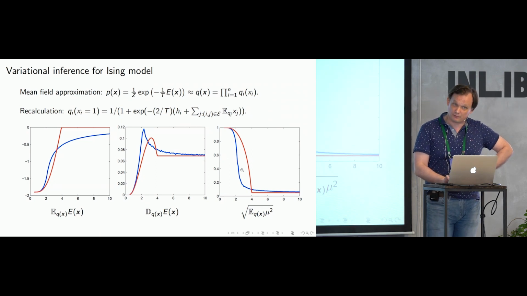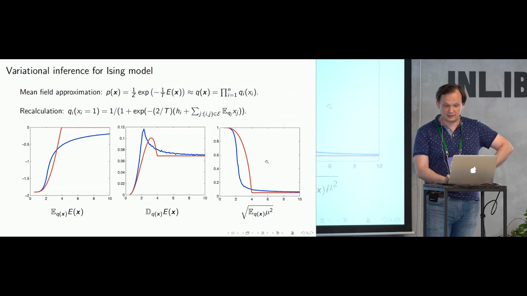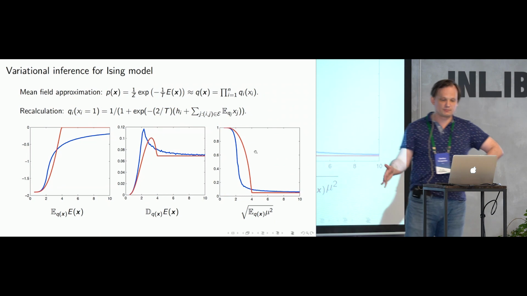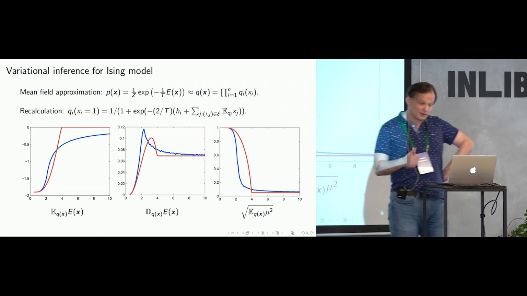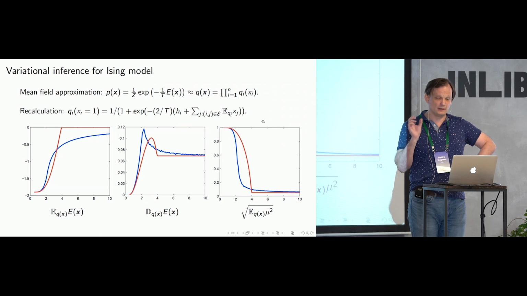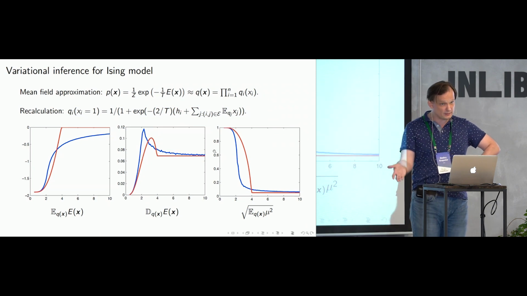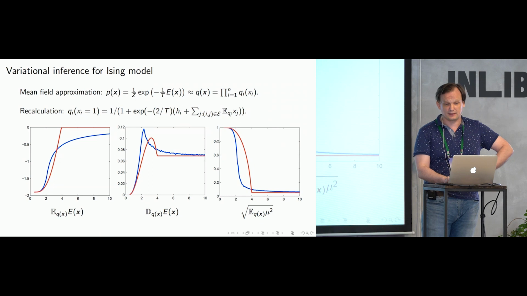However, if you look at the red curve, it also shows some drop of the mean magnetization, but it is shown at a different temperature value. So the critical temperature that is estimated by the red curve is absolutely incorrect. Moreover, you may see that the red curve drops down more smoothly, not as rapidly as it does for the blue curve. So if you use variational inference in this model, and you do not have a good approximation for the true distribution P of x, you just get a useless result here, because we can't use the model with the red result. It is incorrect. And the reason for this is our assumption